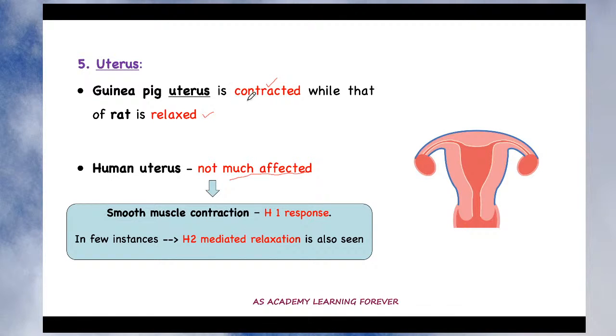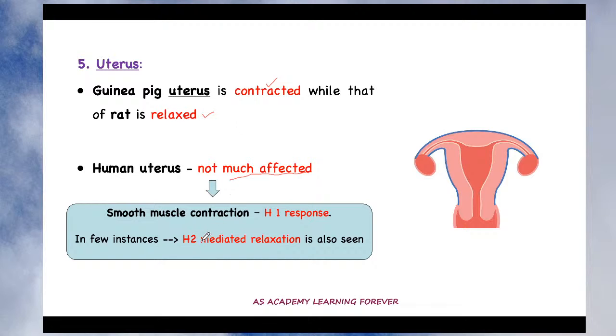Because in guinea pig ileum, H1 receptors are predominantly present. It means more H1 receptors are present, and no H2 receptors. Since more H1 receptors are present, the guinea pig ileum produces contraction. Likewise, the rat uterus produces relaxation, because in the rat the predominant receptor present is